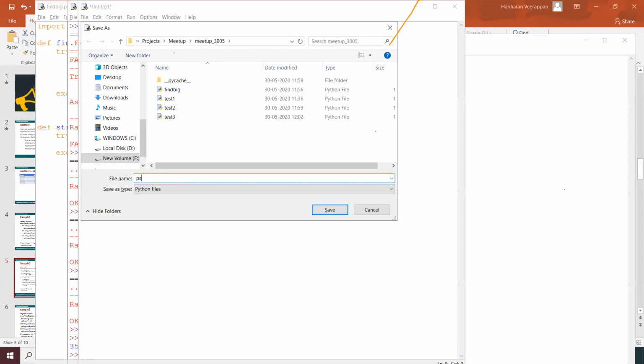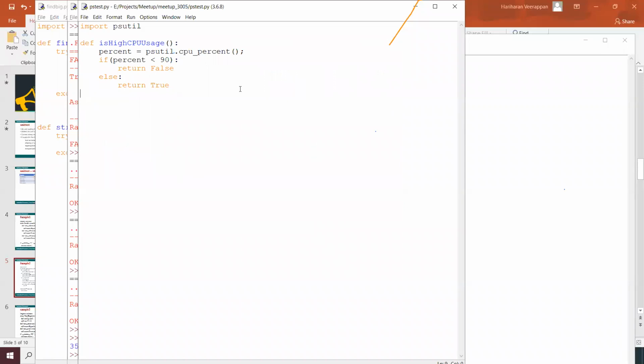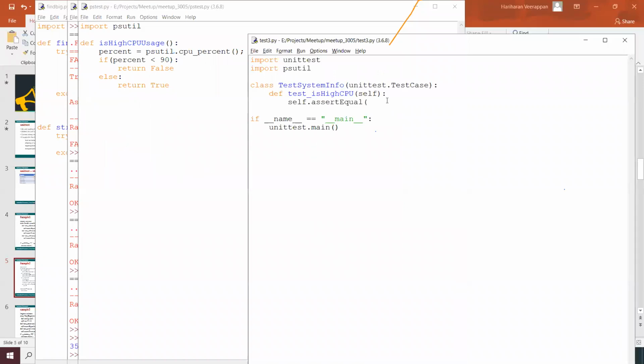Maybe I can create ps_test over here, and in this I'm going to import ps_test, and then check ps_test.is_high_cpu_usage. It should be a false one that we are able to validate now.